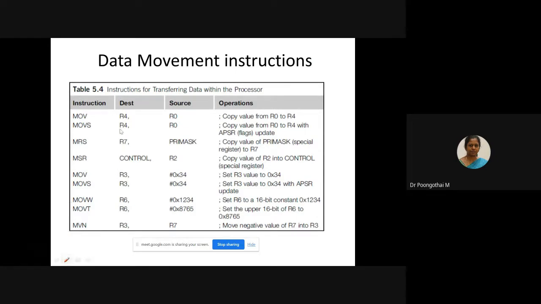Roll number 12. So what is the first instruction? Ma'am, it moves the contents of R0 to R4. Is it a 32-bit value or 16-bit value or 8-bit value? Ma'am, it can be anything. Yes, it can be anything. So using this simple move instruction, we can transfer 8-bit data, 16-bit data, or 32-bit data from source to destination. We are just copying the data from R0 to R4. Only the content of R4 will be changed after execution.